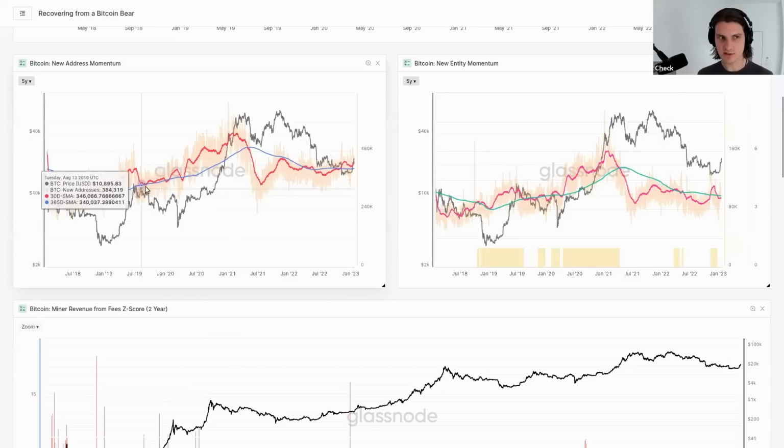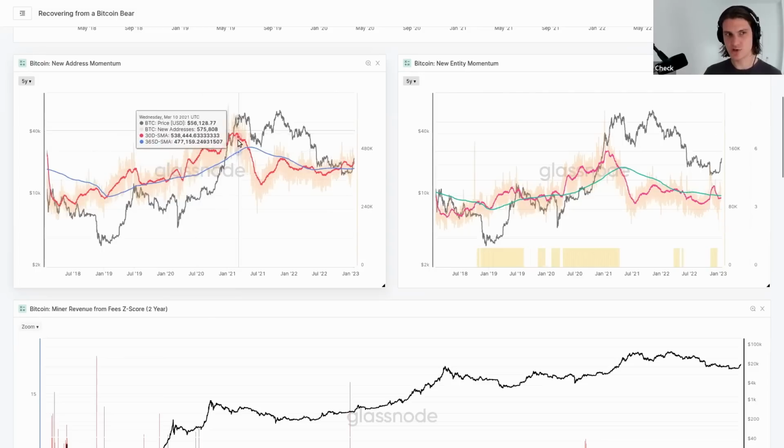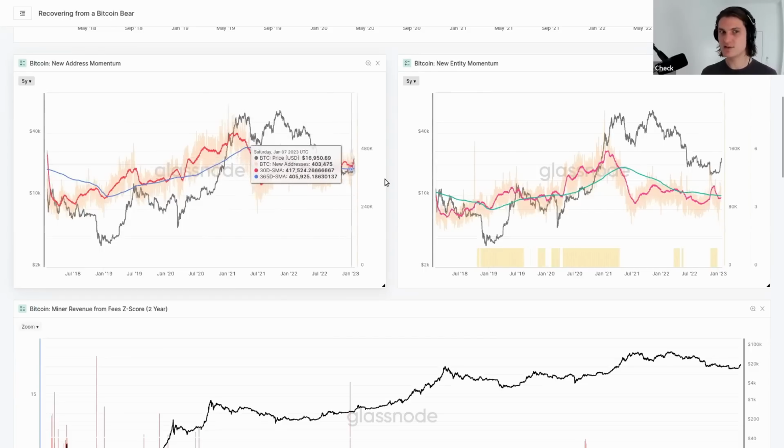Or do we have this kind of slow grind that we had in 2019, that, you know, it's trending higher, but through most of the 2019 bear, we can see that there really wasn't much momentum. It was kind of just tracking along the yearly. It's when you get these explosions higher that you really get that upside momentum. So at the moment, we've got something to pay attention to, but it's not exactly something to write home about.